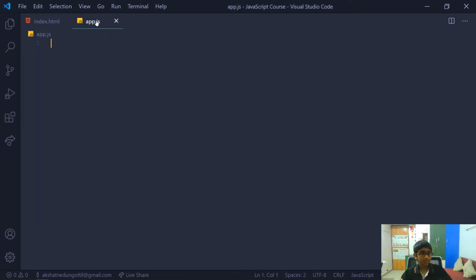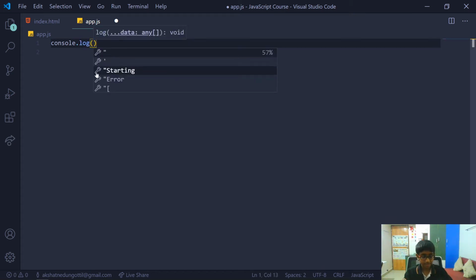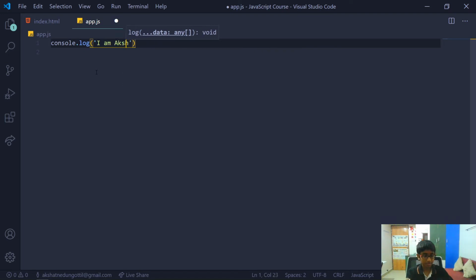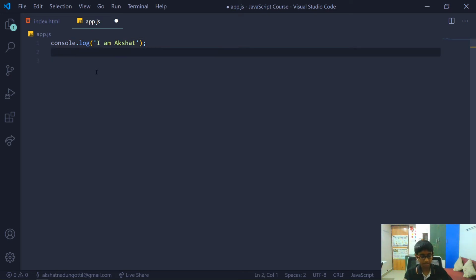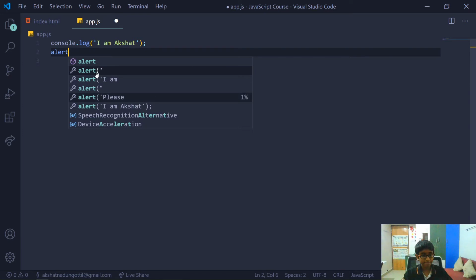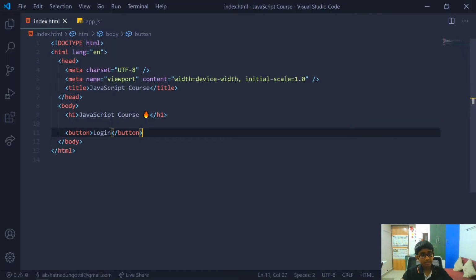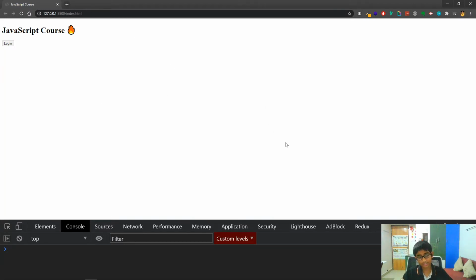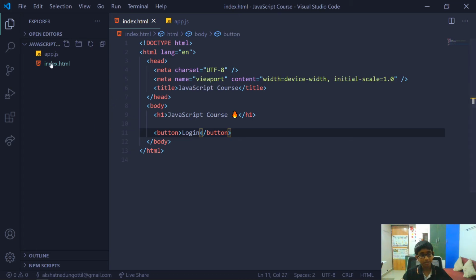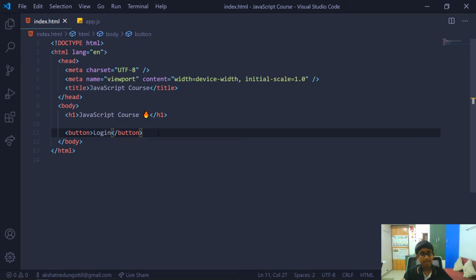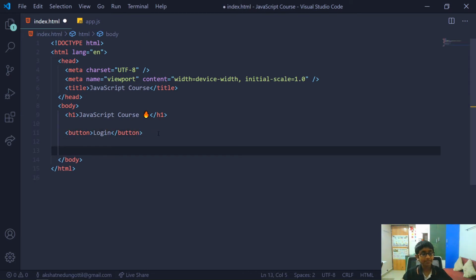Okay, so nice. Now what we can do inside of this app.js is something like console.log, and we can write I am Akshat, right? You can just pop in your name inside of there. Then if I do alert, boom, something, and if I hit save, then I come back to index.html. Right now, nothing special is going to happen. That's because we have just created the app.js file, but we haven't created a script tag to link it up, right? So for that, inside of this body,